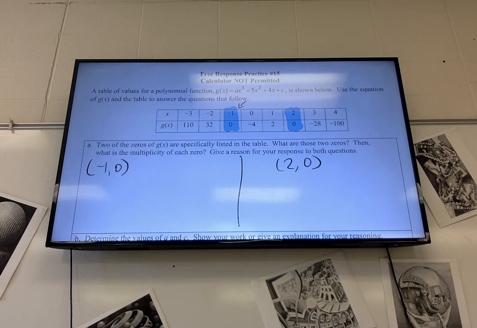1. Why? It goes straight through. Yeah. It goes from positive to negative. It goes straight through. Yes. Multiplicity is 1 because g of x changes signs around